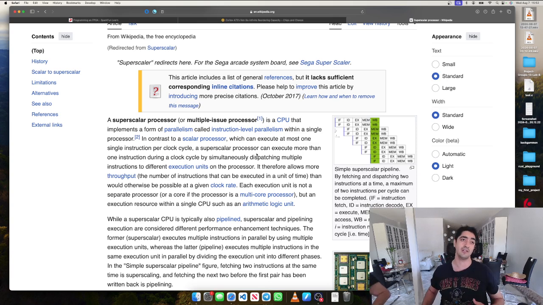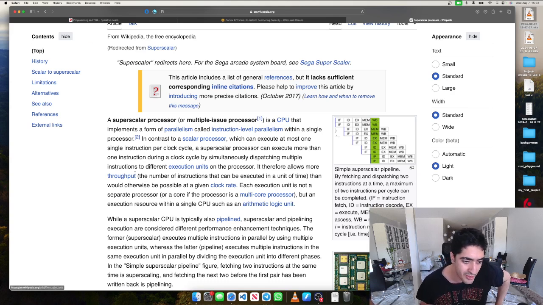This is really interesting, that you can have a series of instructions and then you just figure out some way to parallelize them, and they also depend on each other. This is amazing. This is absolutely amazing. It therefore allows more throughput. Okay, so throughput is